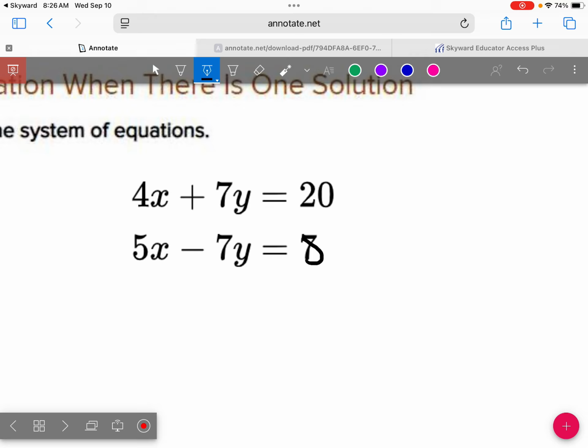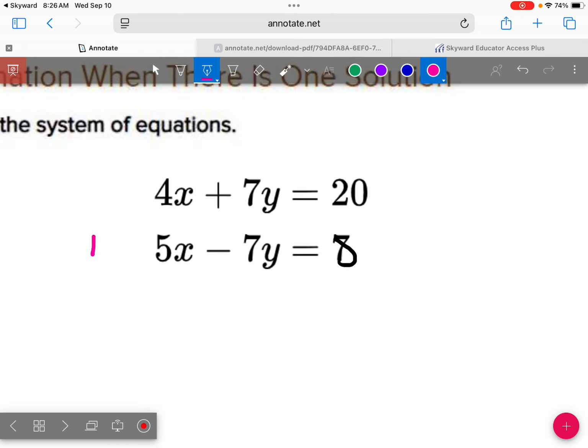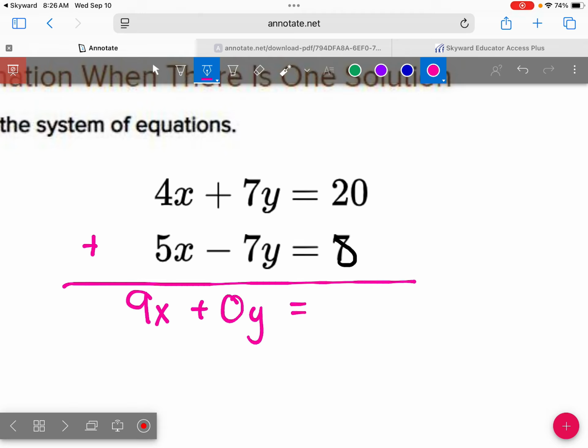So what we're going to do here is we're going to add this together very, very kind of third grade style is what it feels like. Where I'm going to put a plus, I'm going to put a big old line, and we're going to work in columns. So I'm going to say 4x plus 5x. What is 4x plus 5x? 9x. What is 7y plus negative 7y? This middle column. 0. I have 7y and negative 7y. I have 0 y's left. I have 7 yams. I give away 7 yams. I am left with no yams. And it's going to equal 20 plus 8,